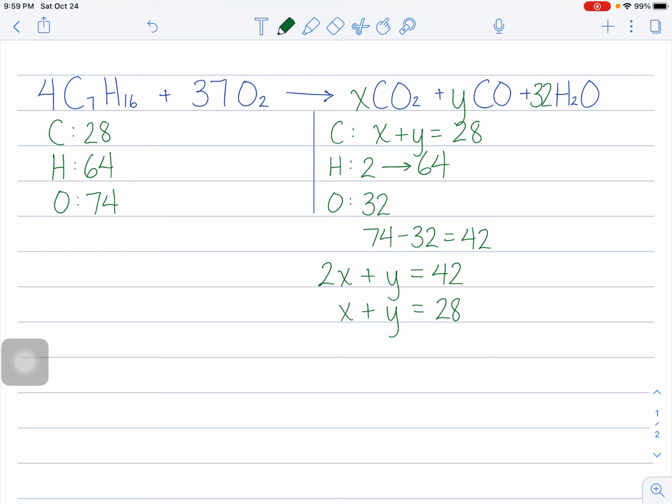If I write those 2 equations, Y subtract Y would eliminate Y, so I can subtract there. So 2X subtract X is X, Y subtract Y is 0, so that gets eliminated, and 42 subtract 28 is equal to 14. So that means that X is equal to 14,